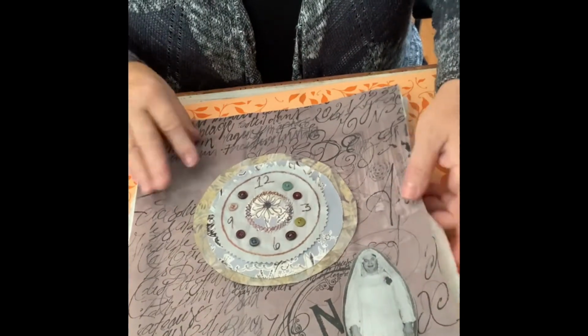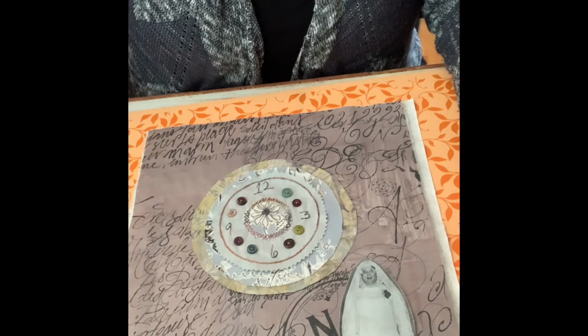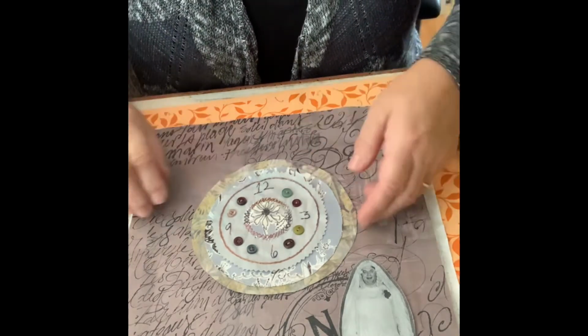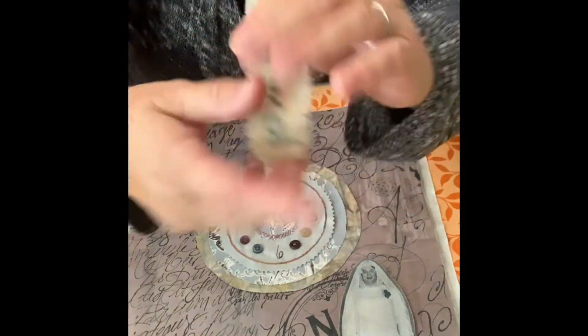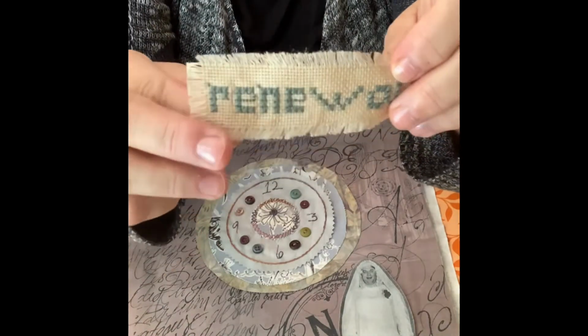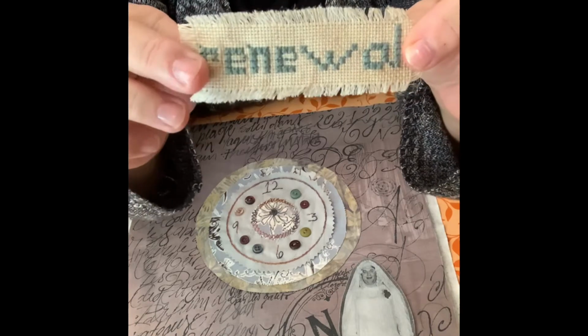I am very closely going to try to follow the one that I did for my dad because I loved the whole feel of it so much. So I love the word renewal. Last time I used rub-off letters. That's when I was more into scrapbooking and fabric. This time,